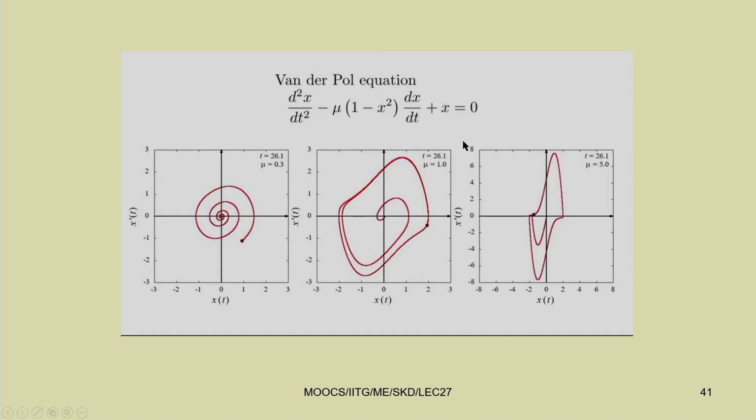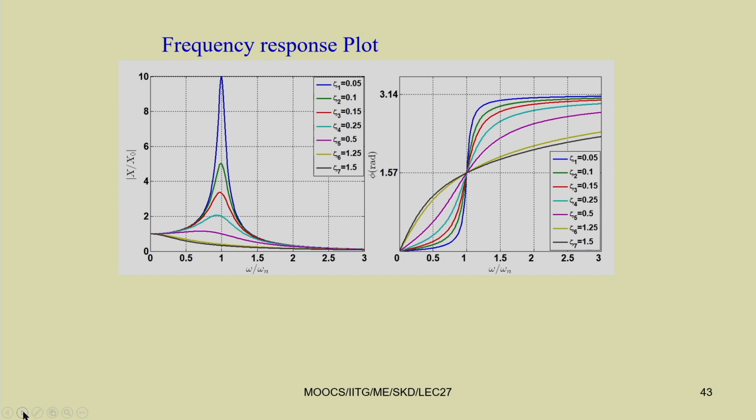Similarly, for the van der Pol equation also you can write your own code and use this ODE45 to plot the phase portrait and time response. In this case, it will lead to a limit cycle. This is the limit cycle. This is the starting point, starting from here, and you can see a limit cycle you are getting. Similarly, starting from here, you can see a limit cycle in case of the van der Pol oscillator. Then you can plot the time response.